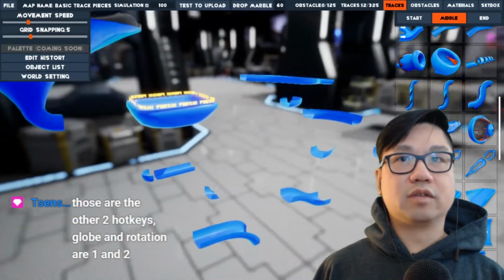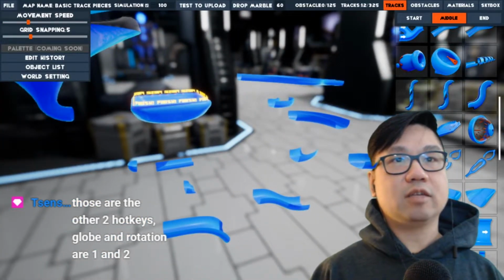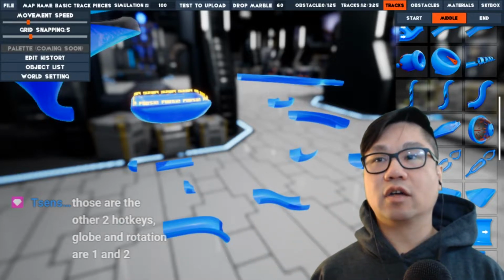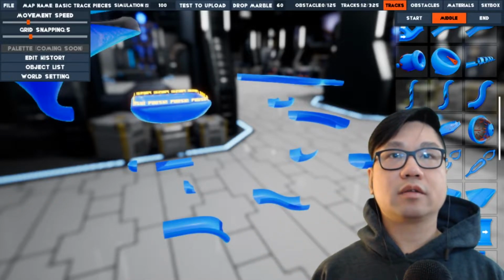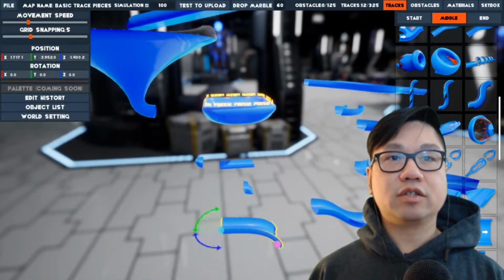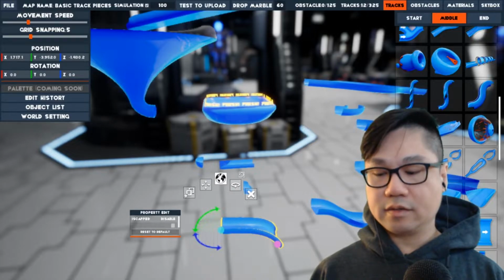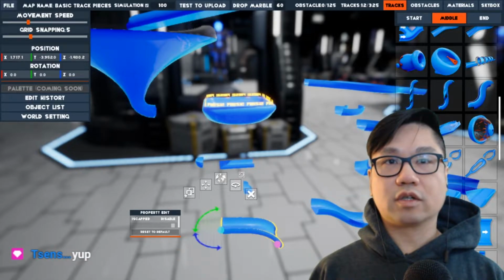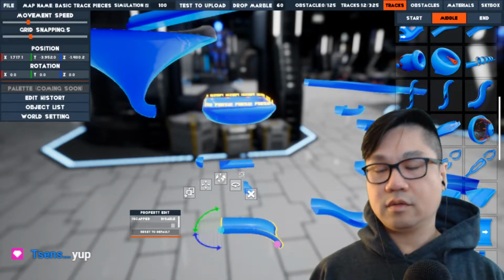Yeah, those are just some basic things that you got to keep in mind when you're using this track builder. Oh, the other two hotkeys, globe and rotation, are 1 and 2. Oh, okay. So that way when you click an object, you don't have to keep pressing all the boxes. You could switch between your controls of moving the...